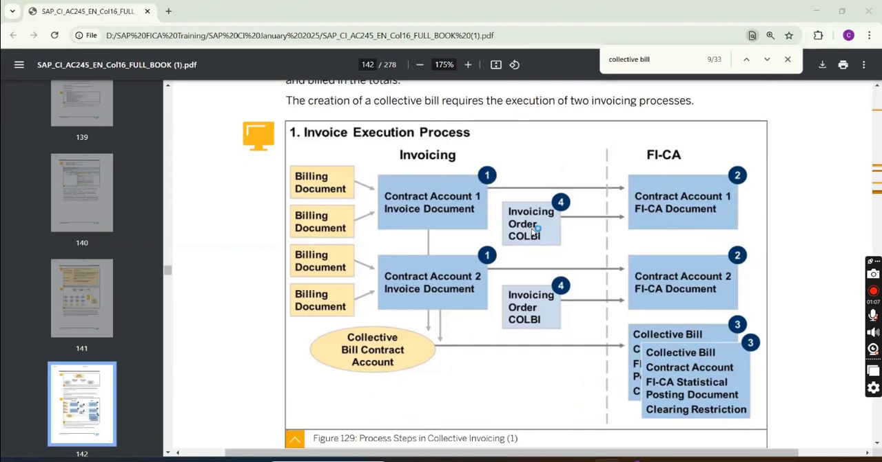Additionally, in the invoicing order table, we will open the invoicing order table. Invoicing order means if any item is billed but not yet invoiced, it will generate an invoicing order. That invoicing order can be seen from a table or from a T code. From that invoicing order table, you will see that although it is invoiced, it will still generate another invoicing